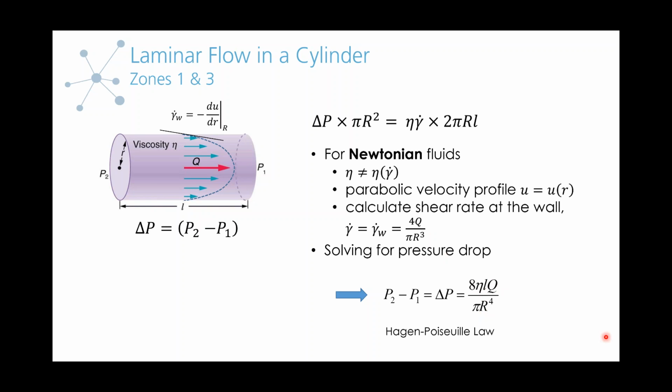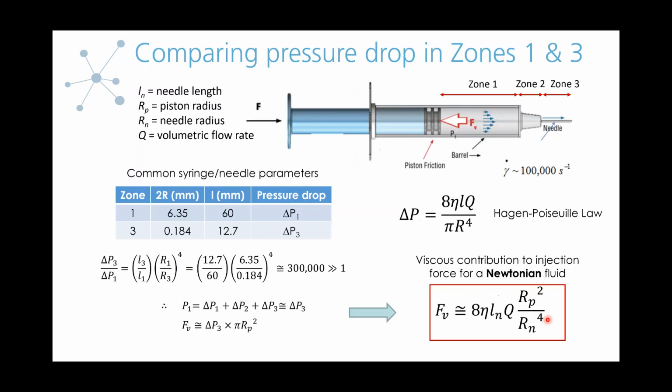And so this is a well-defined law for Newtonian fluids. So let's take this and apply it specifically to the syringe. Right now we're just looking at zones 1 and 3 because these are the well-defined cylinders with uniform radius along the length. And what we have in the table are basically some common parameters that exist for syringes